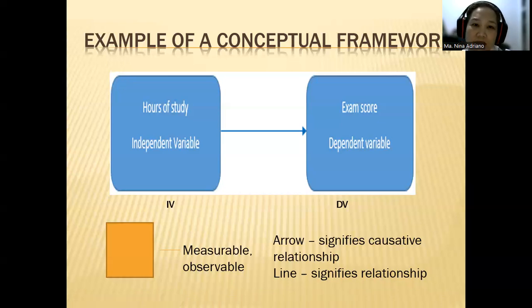Why is it inside a box? Because a box means measurable. It's something that you can measure. So hindi tayo gumagawa lang ng kung ano-anong shape. May ibig sabihin lahat ng shape na ginagawa natin sa research. Okay? So pag nakita ninyo ang square, di ba may mga precise sides yan, meaning you can measure it. So that is true of variables. All variables are measurable. Okay?